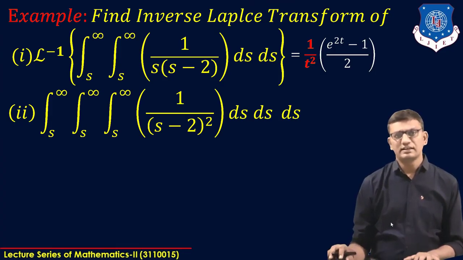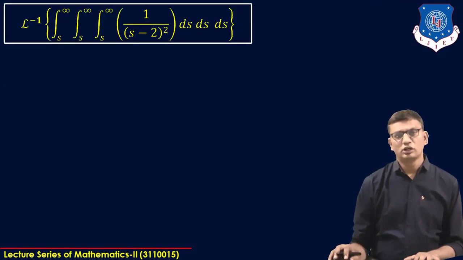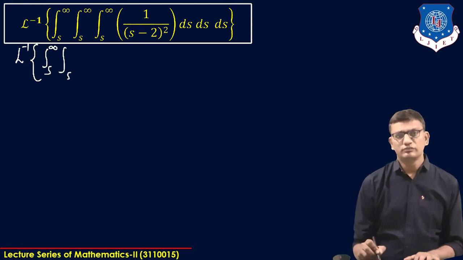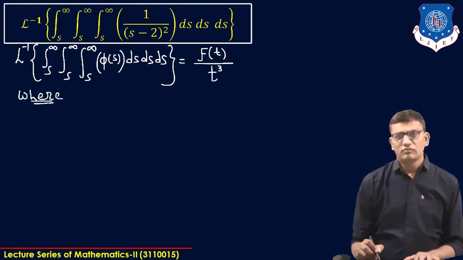Now we will see the second example, which is the triple integration from s to infinity of 1/(s−2)² (ds)³. Let us see how to solve this example. Here, the inverse Laplace of the integration from s to infinity, a second time, a third time, of φ(s) ds 3 times, gives f(t) divided by t³, because we have 3 times integration of φ(s) on the left hand side, where φ(s)